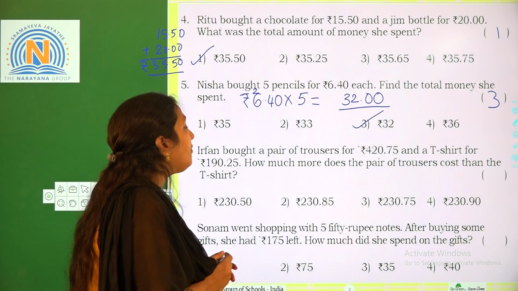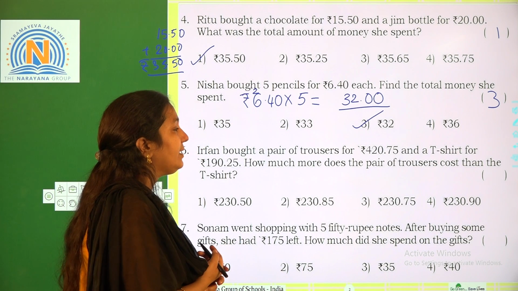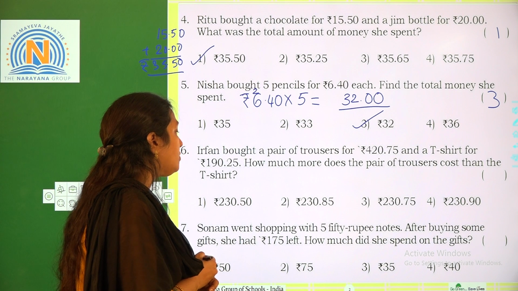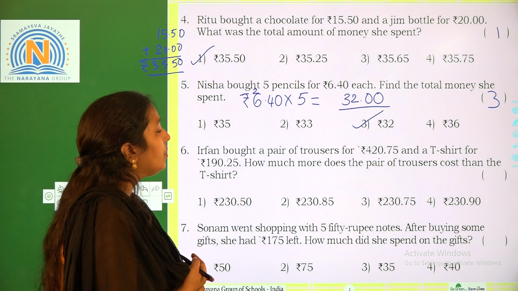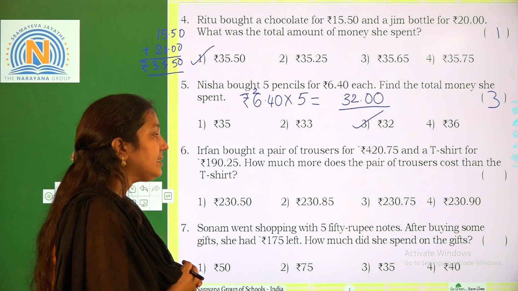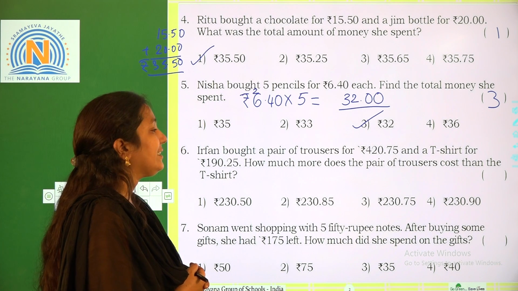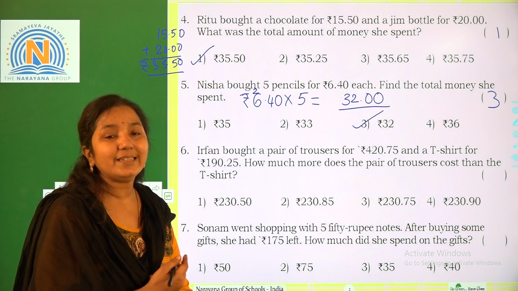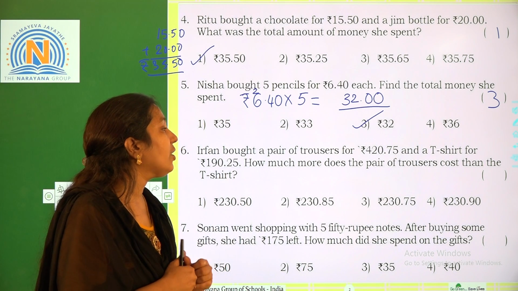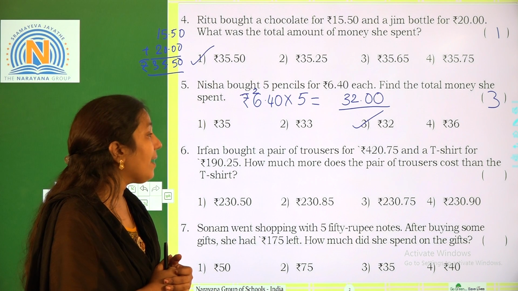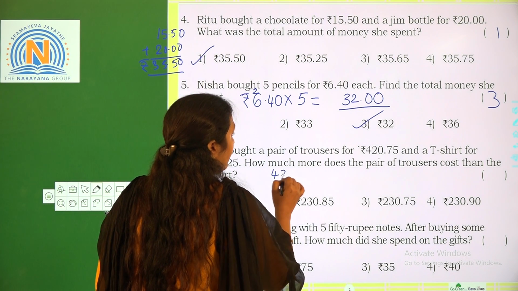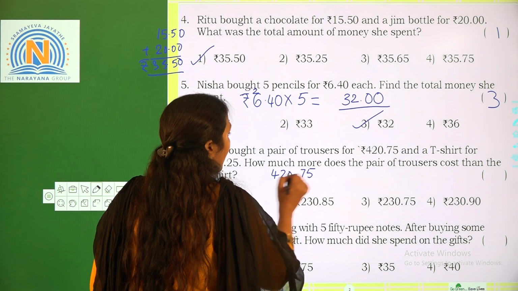Irfan bought a pair of trousers for 420 rupees 75 paise and a t-shirt for 190 rupees 25 paise. How much more does the pair of trousers cost than the t-shirt? So how much more means which operation do we have to do, children? We have to subtract: cost of trousers minus cost of t-shirt. So that means 420 rupees 75 paise minus